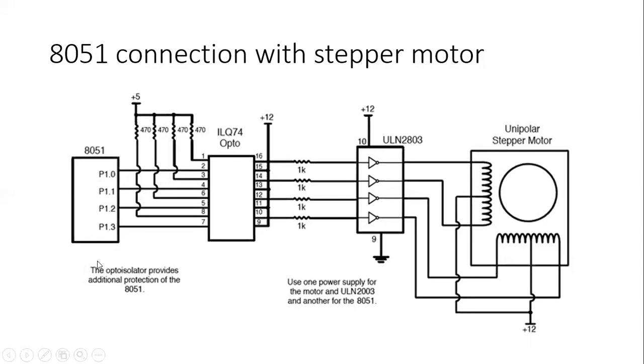Got it? By sending appropriate values through these ports, we can enable the motor to rotate in 4 step or in 8 step. You can also rotate the motor for a complete revolution in clockwise or anti-clockwise direction, and increase or decrease the speed. Anything we can do with this particular setup.